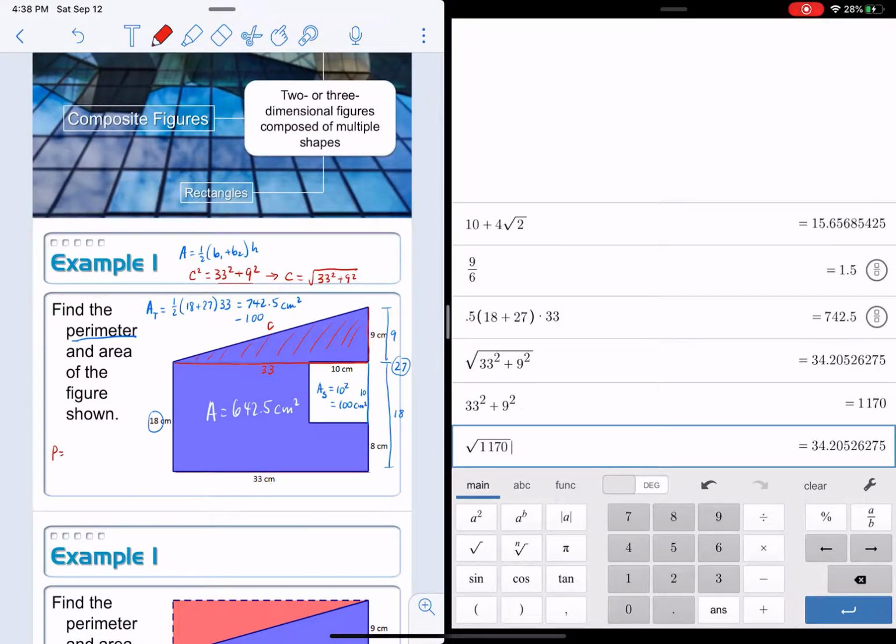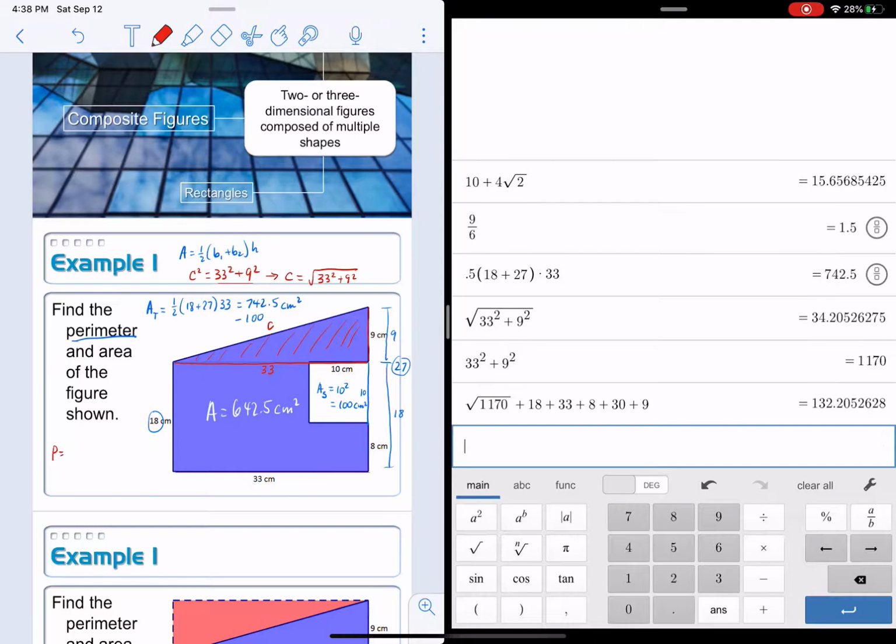I have an 18, so plus 18. And then the 33 that's down here in the bottom. We have an 8 and 3 10s, so 30, plus 8 plus 30, plus the 9 that we have over there on the top side. And I think that's probably about it. And then hit enter. And we get approximately